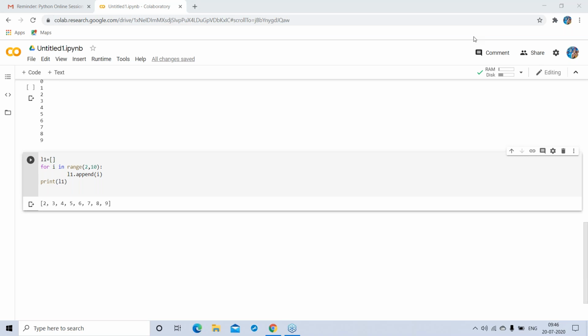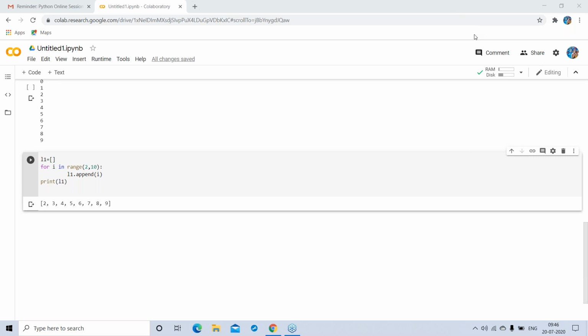So this is your outer block, right? If you put one indentation, print will go inside this for loop. What does the for loop do? It iterates every time. So every time it will append one i. Like it will append 2, then print 2. Then append 3, so now your list value is 2 and 3, so it will print 2 3. It goes like this. Got it now? How it is printing?